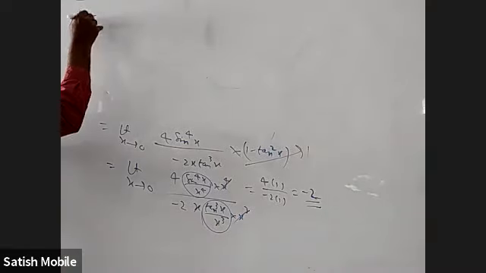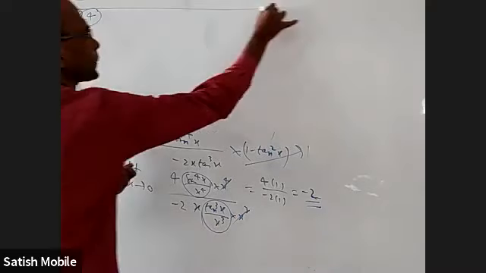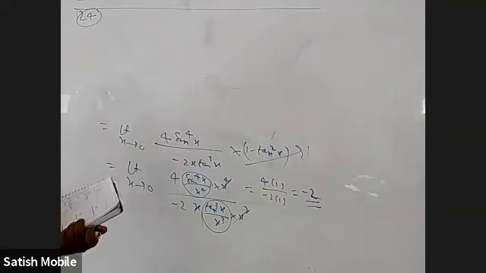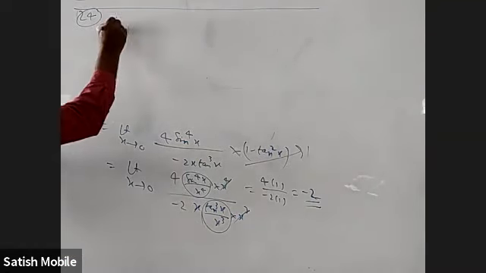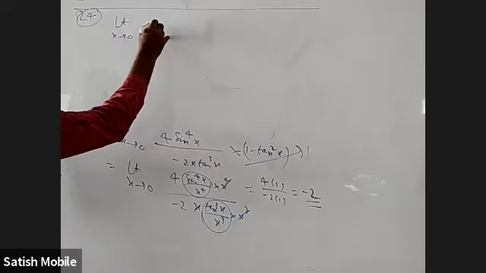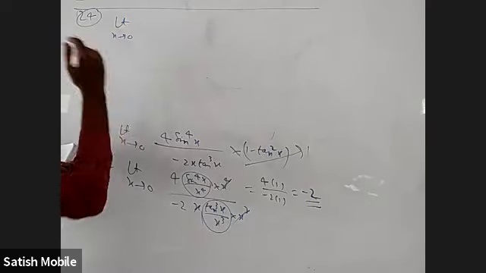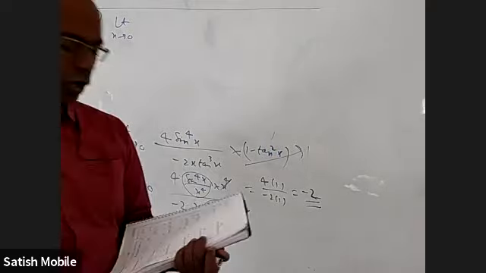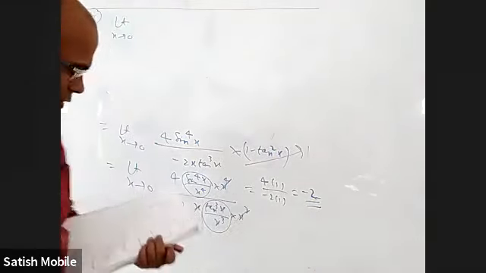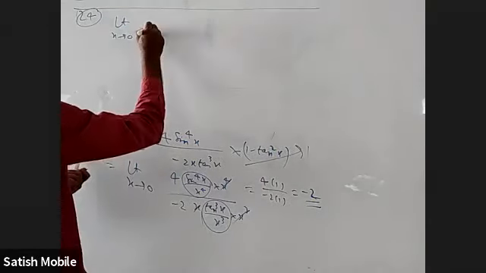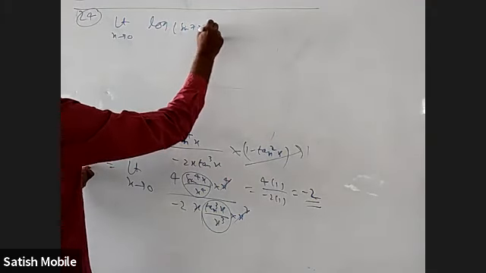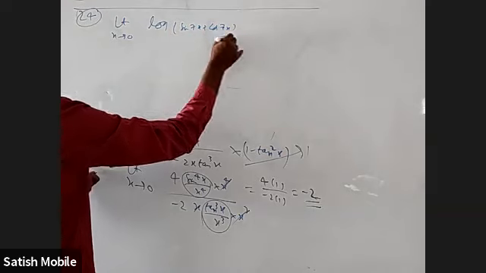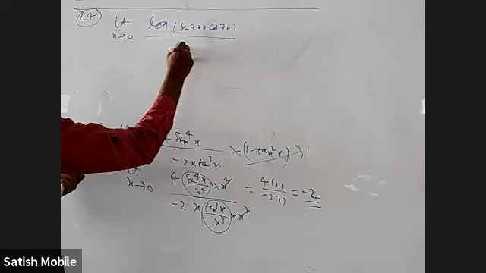Okay, 24. You can use L'Hospital rule or you can use one of the formulas. If you use L'Hospital rule, it is easier because, first of all, it is 0 by 0 form. Numerator will become log 1, 0, denominator is 0, 0 by 0 form. If I find derivative of numerator, actually what I have is log of sine 7x plus cos 7x, by sine 3x.